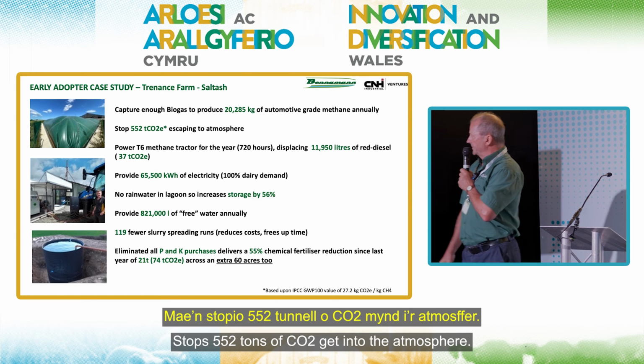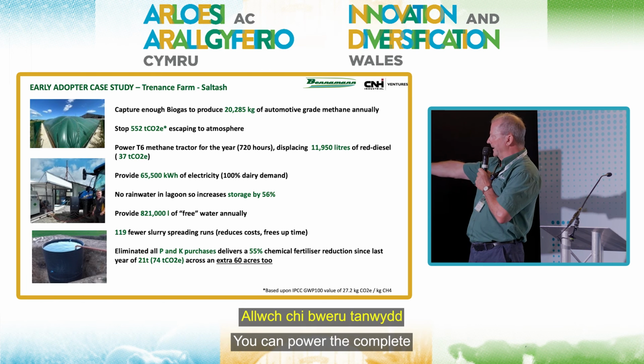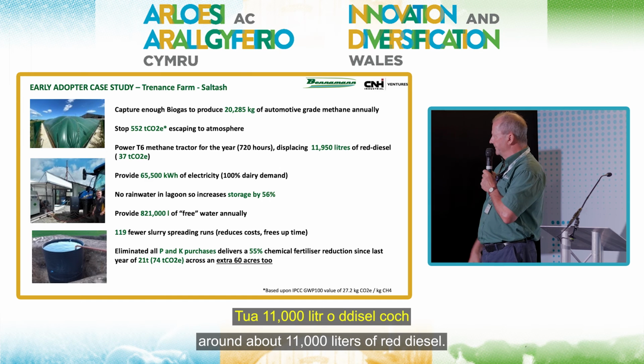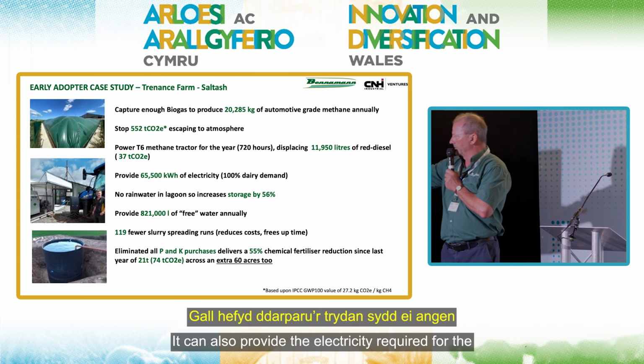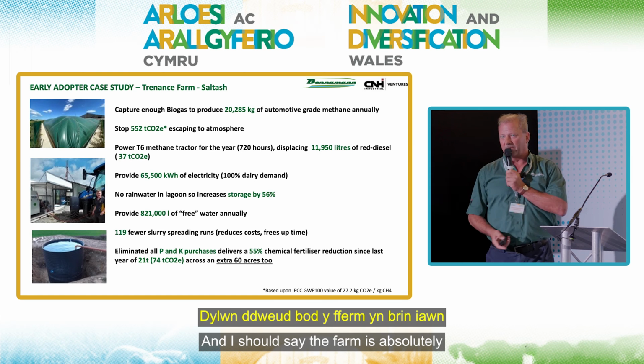Stops 552 tons of CO2 getting into the atmosphere. It can power the complete fuel for the tractor, roughly replacing around 11,000 litres of red diesel. It can also provide the electricity required for the dairy. And I should say the farm is absolutely